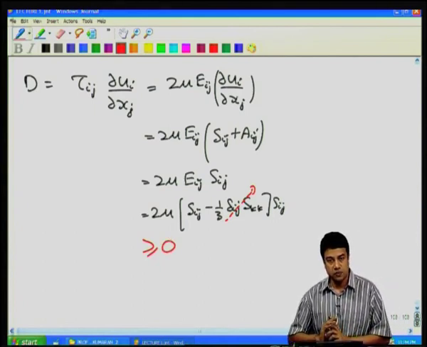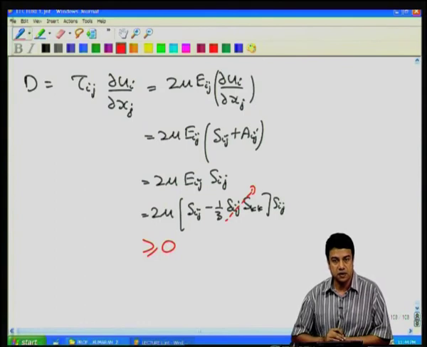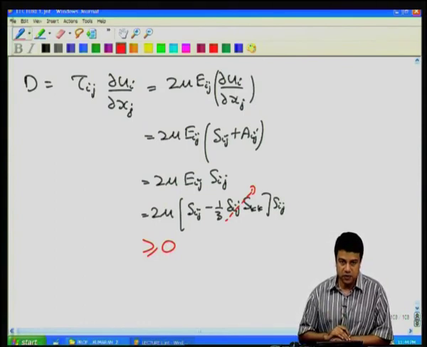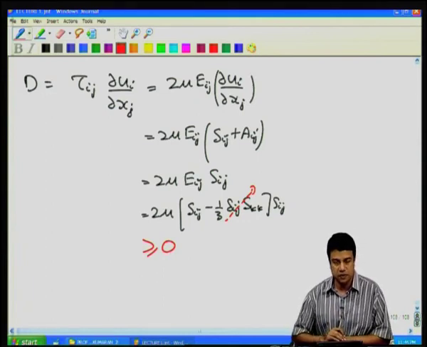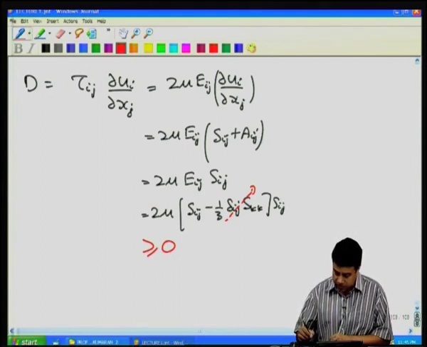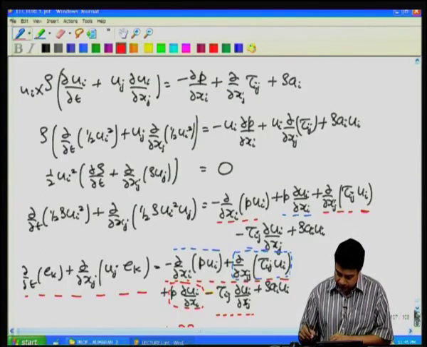In fact, the result is more general than that. You can show that even for a compressible fluid, if you retain this isotropic part, d is always positive. I will not go through that here, it involves a little bit of algebra, but it is quite simple to show that even if you have a compressible fluid, d is always positive. So, therefore, this represents the irreversible dissipation of energy, the conversion of mechanical energy into heat, and that is appearing, as you can see here